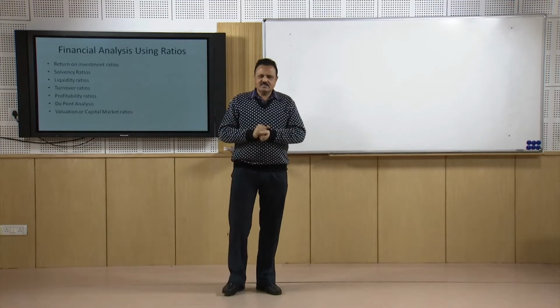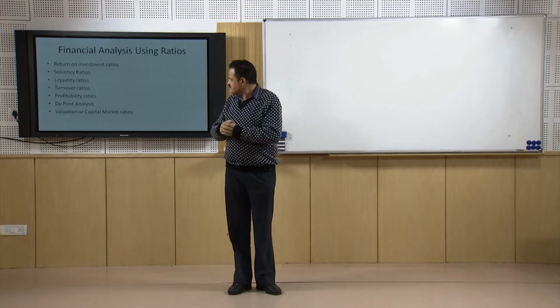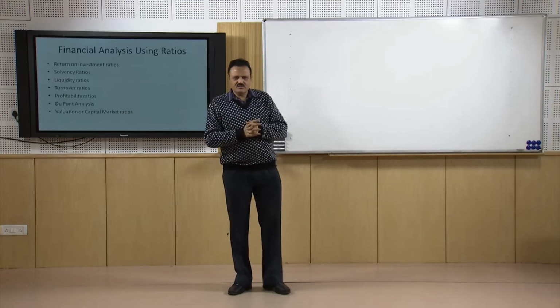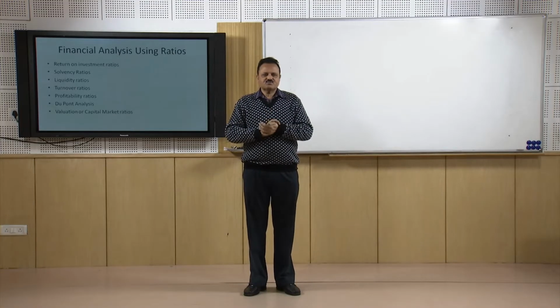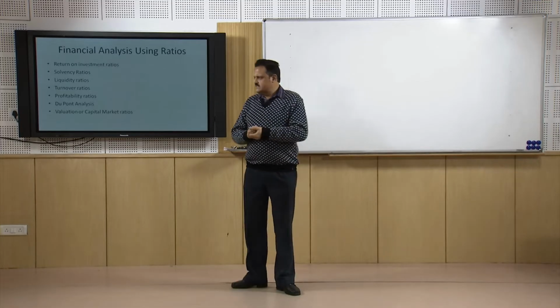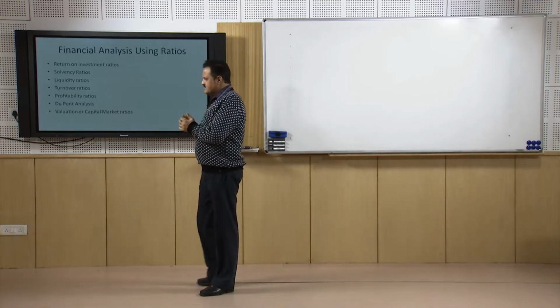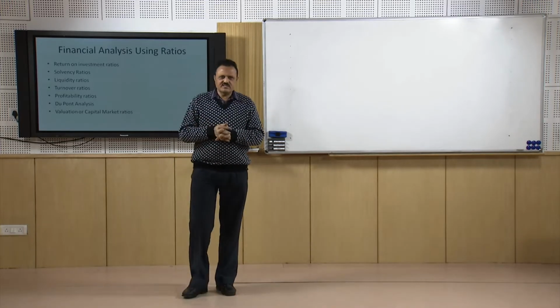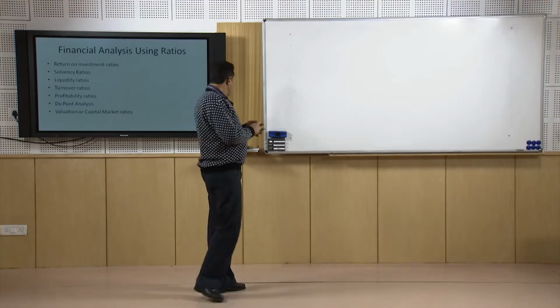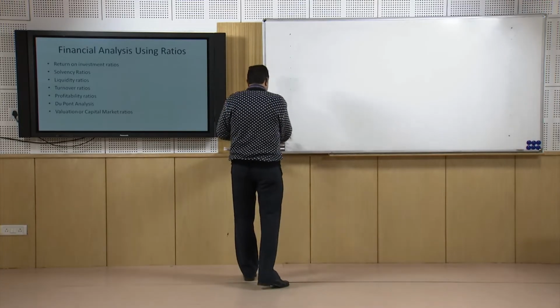EPS, earning per share, and the EPS ratios, and then the solvency ratios, which help us to understand the overall strengthfulness of the business, how strengthful the business is, how powerful the business is. So these two sets of ratios, and now we are moving to the third set of